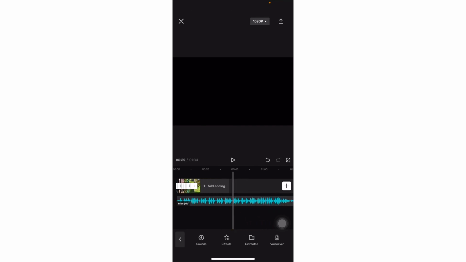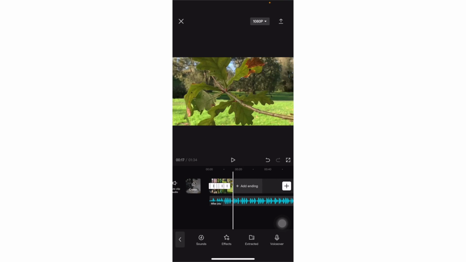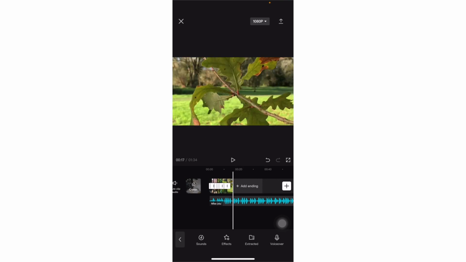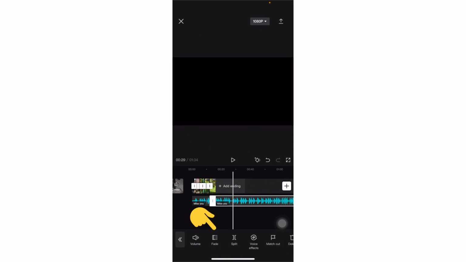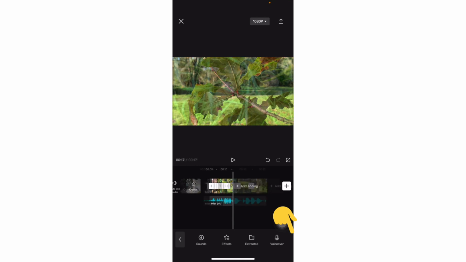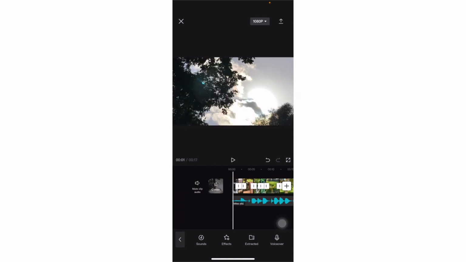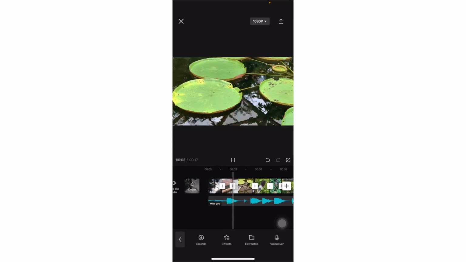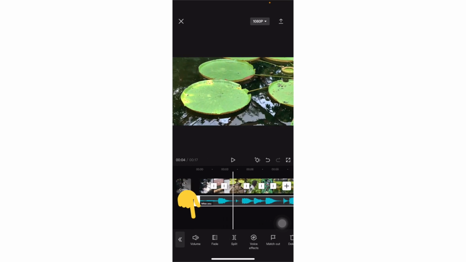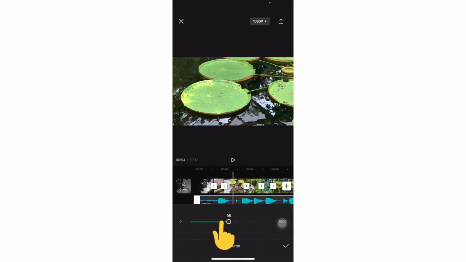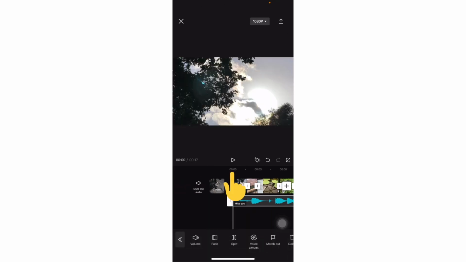It's still way too long, so I select it again with the cursor on the right place, select, and I'm going to look for split. There it is. And then we can put this in the trash. Let's listen and look what we've got. It's very loud. There, volume down. Let's listen and look.